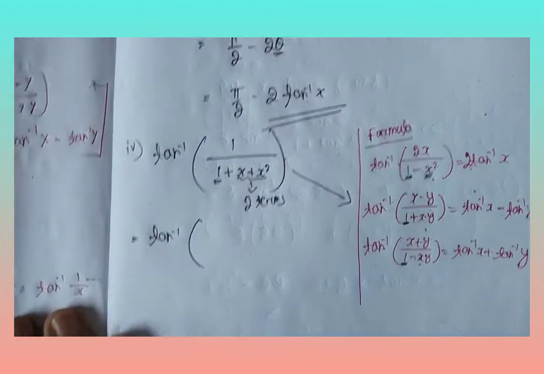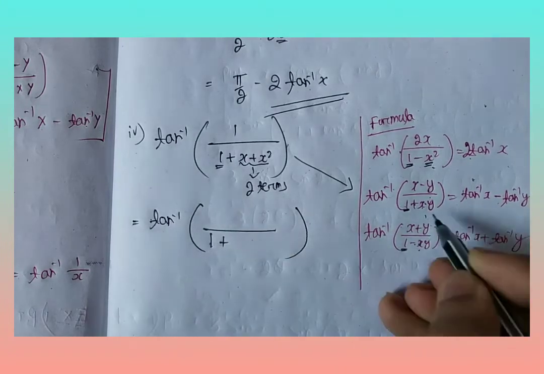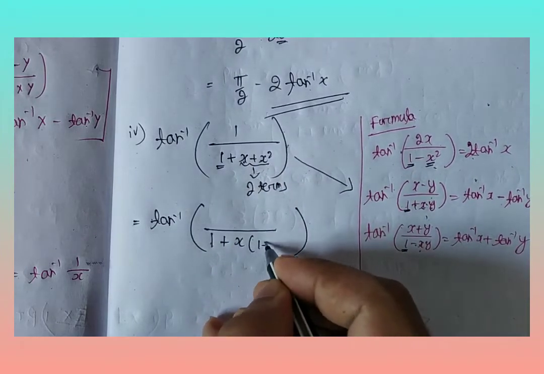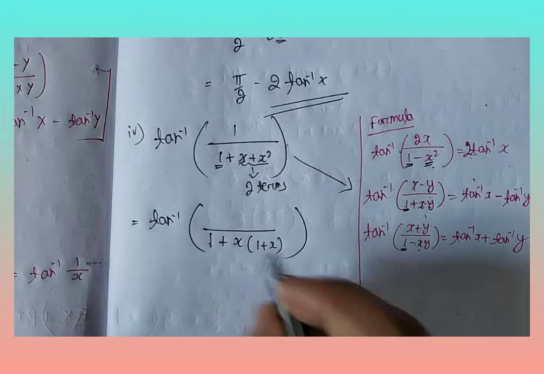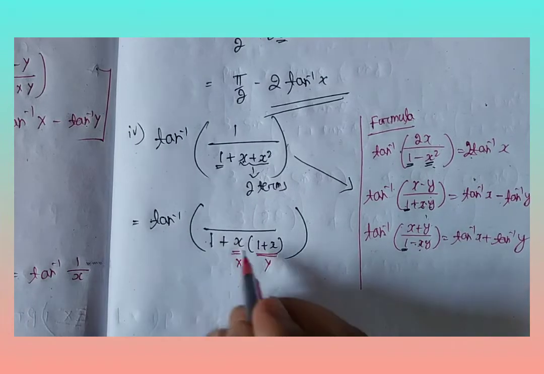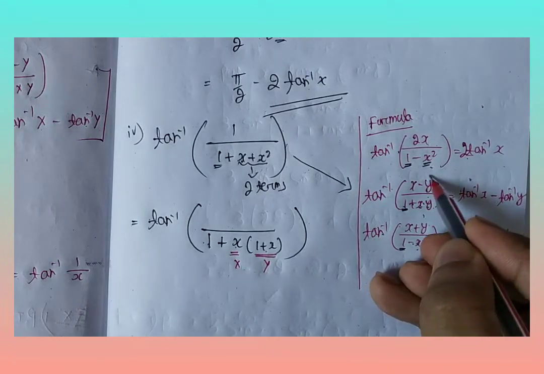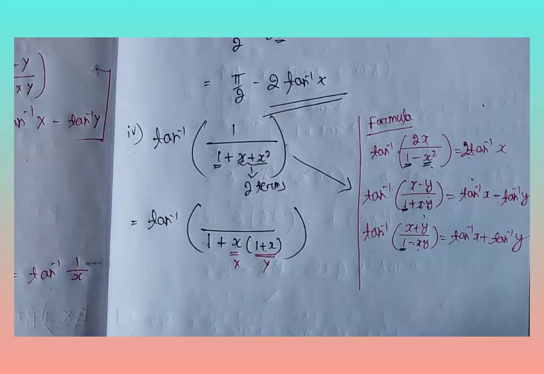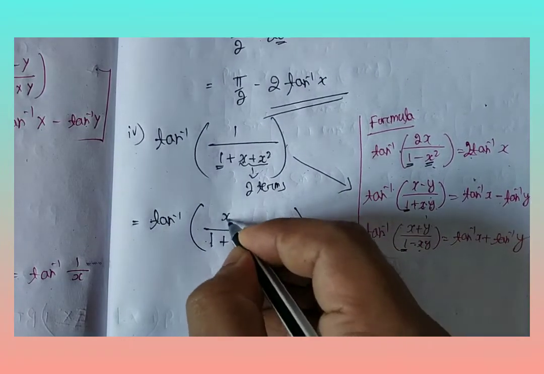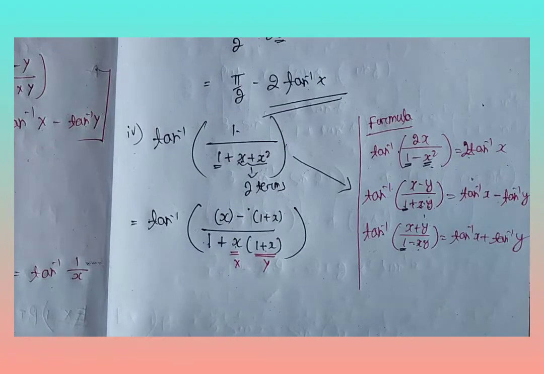Tan inverse 1 plus, the first term is 1, write 1. The second term is the multiplication of 2 terms. Take x common here. This is our capital X. This is our capital Y. 1 plus x multiplied with y. Here also 1 plus x multiplied with y. The numerator part contains x minus y. What is the value of x and y? If you write x as 1 minus x... it is not equal to this term. So we cannot write this term.